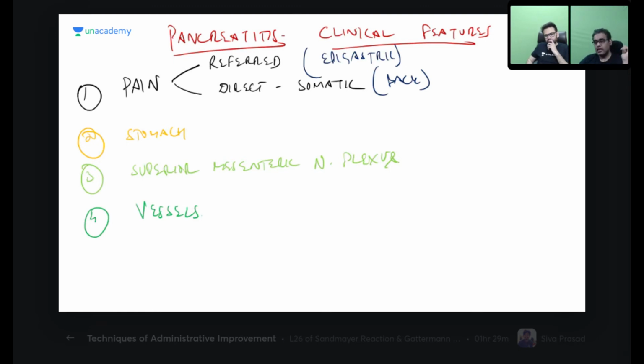Now we saw the anterior relation of the pancreas. What was there? The stomach. Now imagine if you have an organ which is normal. Around it you have a lot of organs. Now suddenly this organ became red hot. Won't it influence the other organs? Obviously, conduction, like conduction, convection. So this pancreatitis will now first try to involve the stomach. It will touch the stomach. Now as it touches the stomach, the patient may have a feeling of vomiting, may have gastric stasis. Those are other features. So the stomach is sitting over the pancreas, and the pancreas is now red hot.